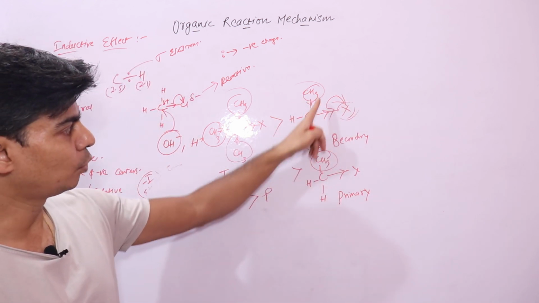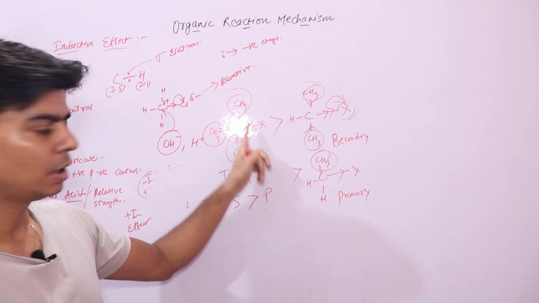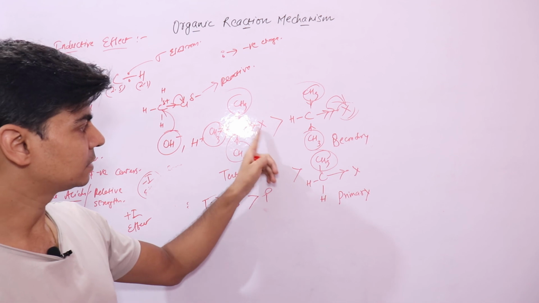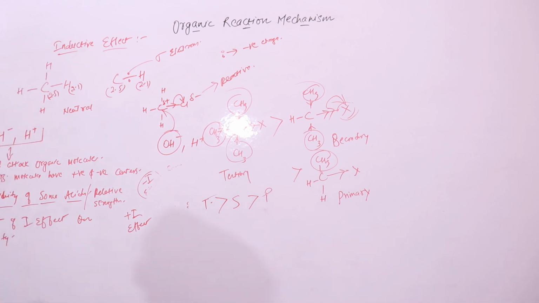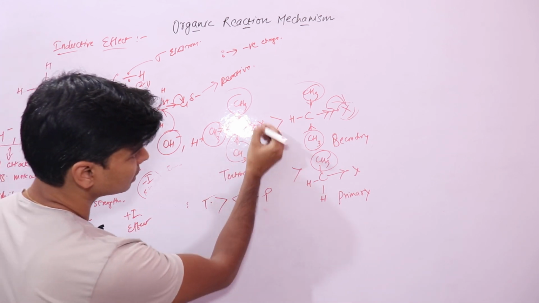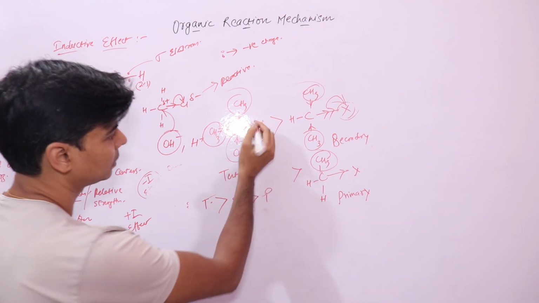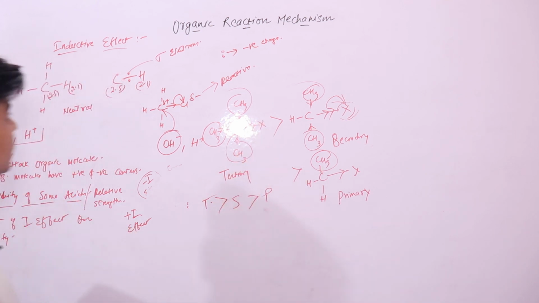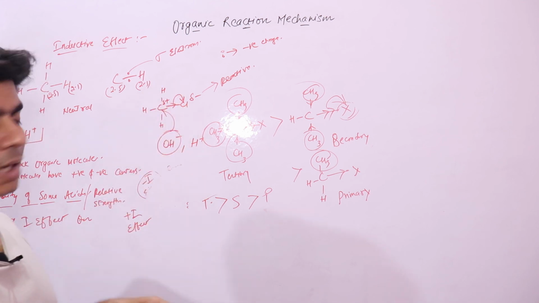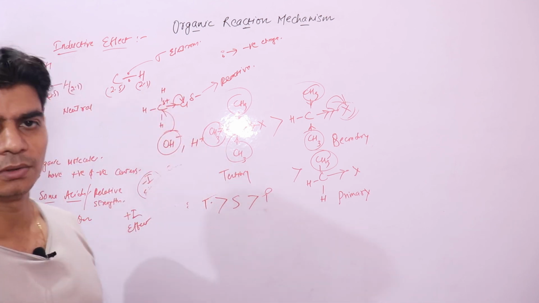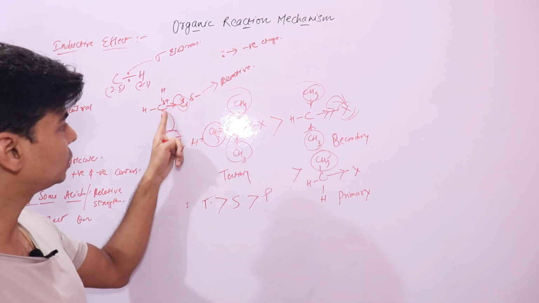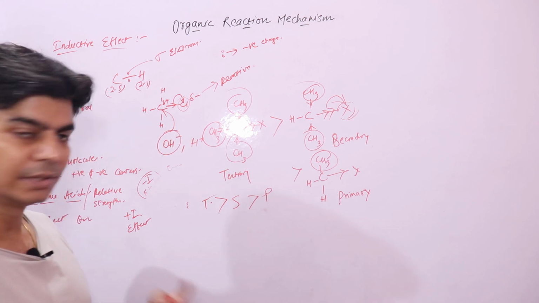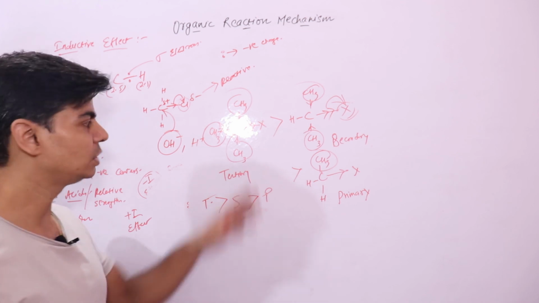More number of electron releasing groups will help the minus I effect of this X group, right? That will increase the reactivity. So in short, this is an electron attracting group or atom, right? Now you have seen how this electron attracting group has increased the reactivity of methane, right? How the reactivity in this alkyl halide has altogether increased when we introduced the Cl group. So that effect of the Cl group, due to which it has introduced positive and negative charge in this molecule, is increasing with the number of methyl groups. More is the number of methyl groups,